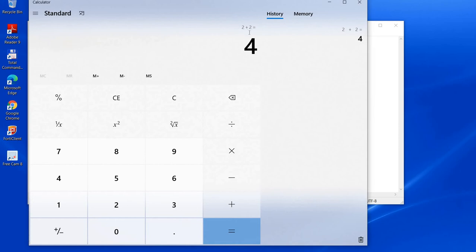Now let's take an example here: 2 plus 2, 4. To add the two numbers, the addition function is written as the logic of this application in, let's say, C# language, but the interface is designed using WPF.